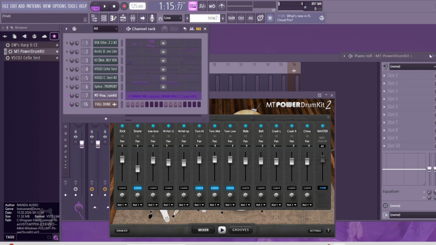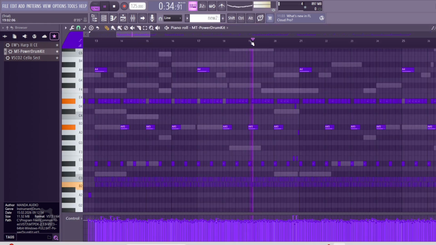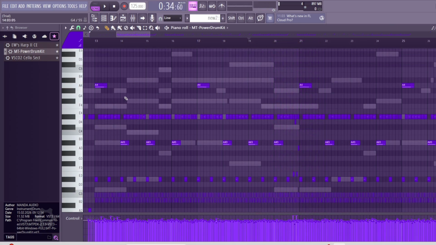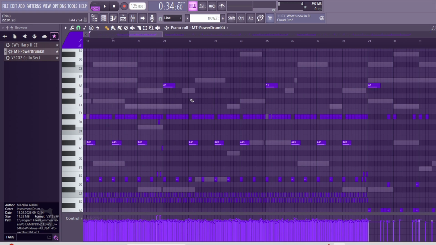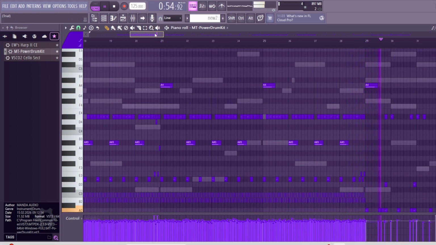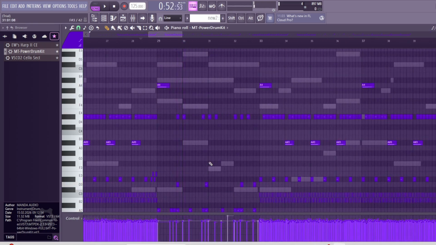Let's listen to the full part. One melody starts, here it ends, it starts again and ends. Here is the slower part.